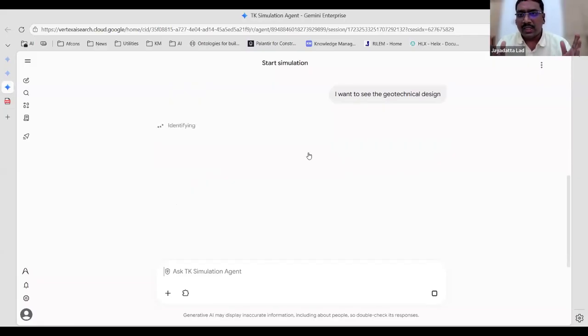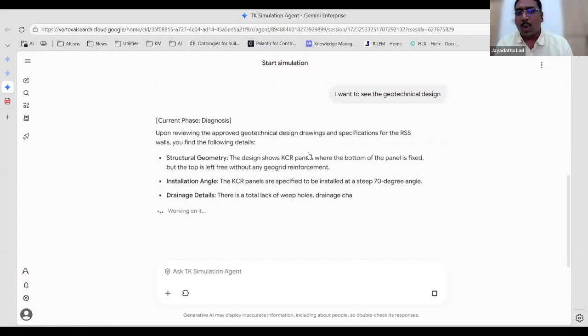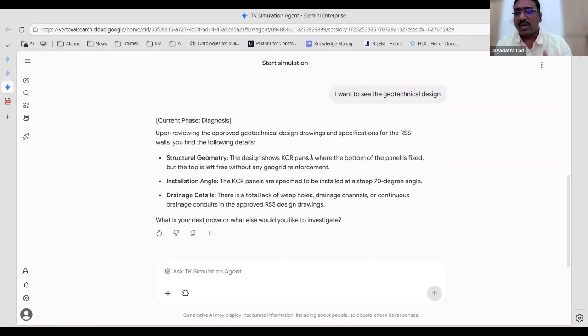Now, when it responds to me, there are certain guardrails which have been put into place. One, it does not go onto the internet to find information. It has to restrict itself to the scenario so that we are not giving some information which is outside the context. Second, it will also put the pressure of not having information. So when you are in a real life scenario, you don't have the luxury of having all the information with you. So it will put you into that pressure as well, right? So with this question from the scenario, these are some of the responses it has come up with. Okay, now let me ask another question. Why are the panel angles so steep?